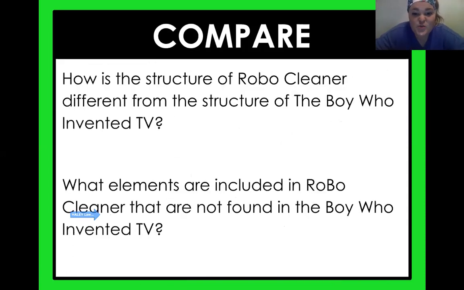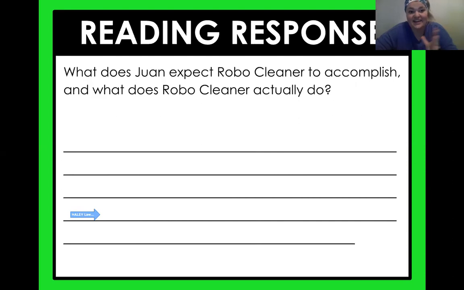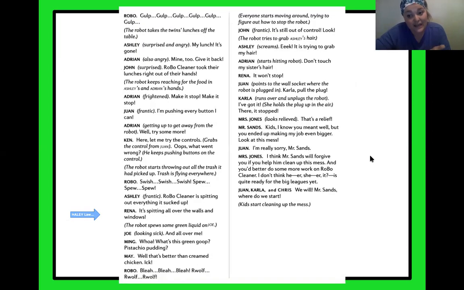So how is the structure of RoBo Cleaner different from the structure of The Boy Who Invented TV? What elements are included in RoBo Cleaner that are not found in The Boy Who Invented TV? So I'll let you write this one down and work with your teacher on this question, and we're going to go ahead and figure out the reading response for today. So the question you're working on is, what does Juan expect RoBo Cleaner to accomplish? And what does RoBo Cleaner actually do? So I included some pages from the play for you to go back and look,